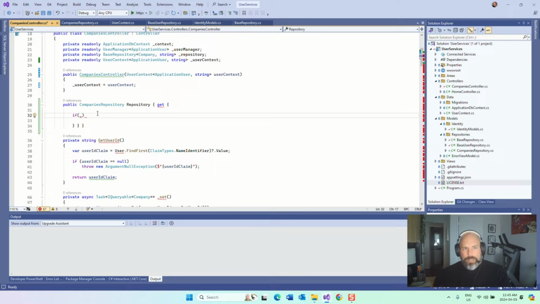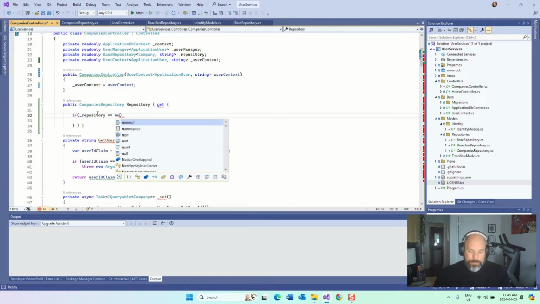So what we're going to be saying here is that if the repository is available, then, or is not available,